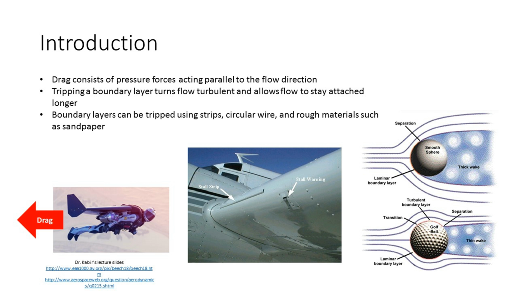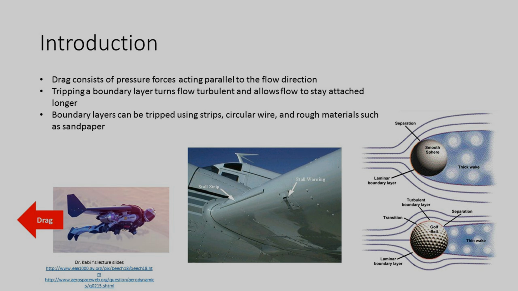Sandpaper, grip tape, tripwire, and much more can all be used to obstruct flow, trip the boundary layer, and cause turbulence. Turbulence will cause a reduction in pressure drag, which delays the boundary layer separating. Flow separation occurs when the speed of the boundary layer over an object slows to almost zero, and the flow becomes detached from the surface. Separation increases pressure drag, so engineers must make design changes to minimize drag, such as dimples on golf balls or